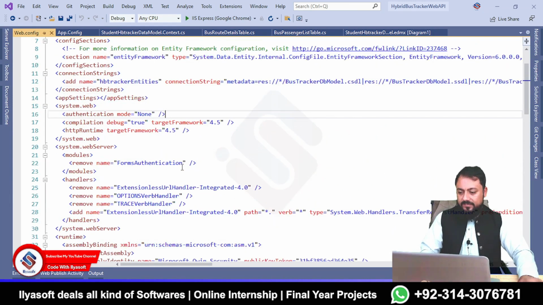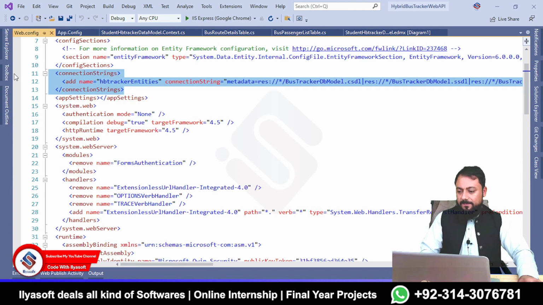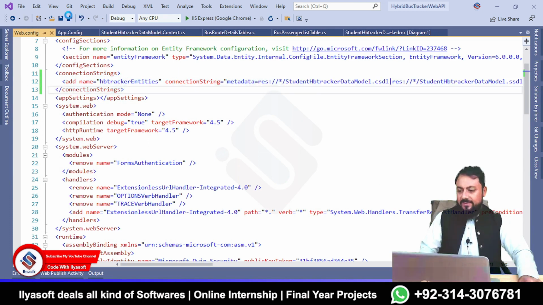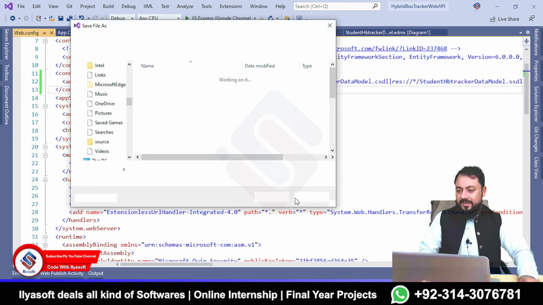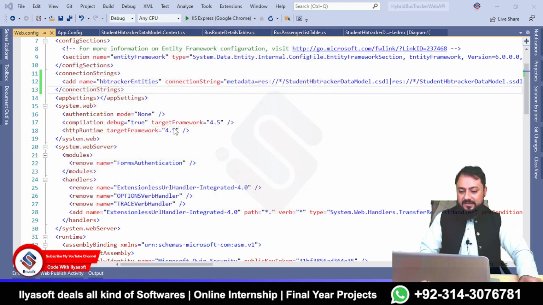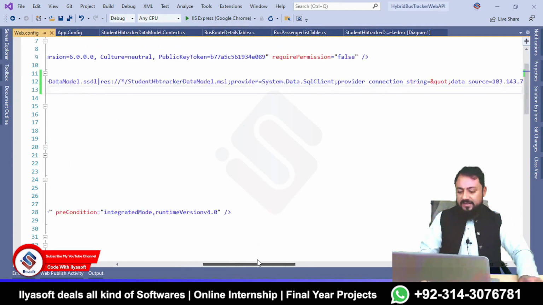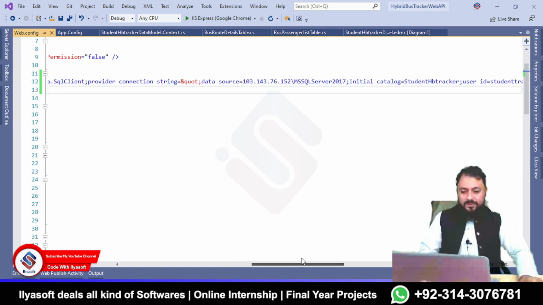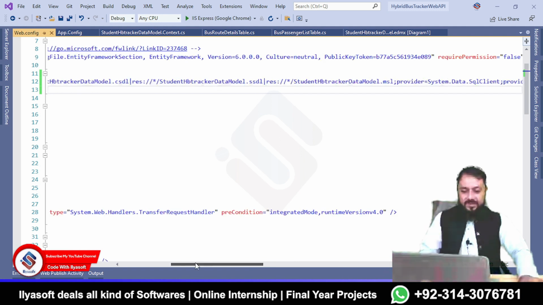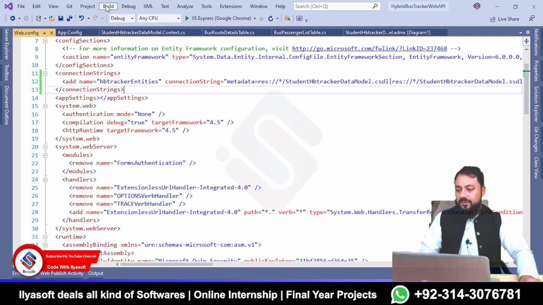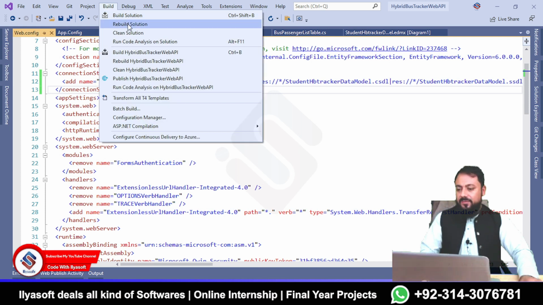I think okay, here I'm going to replace this and save, and in this connection string you will see your server instance, your initial catalog which is the database, and user ID which is the user name, and the password. Okay, the credentials. So I'm going to save this and simply rebuild,